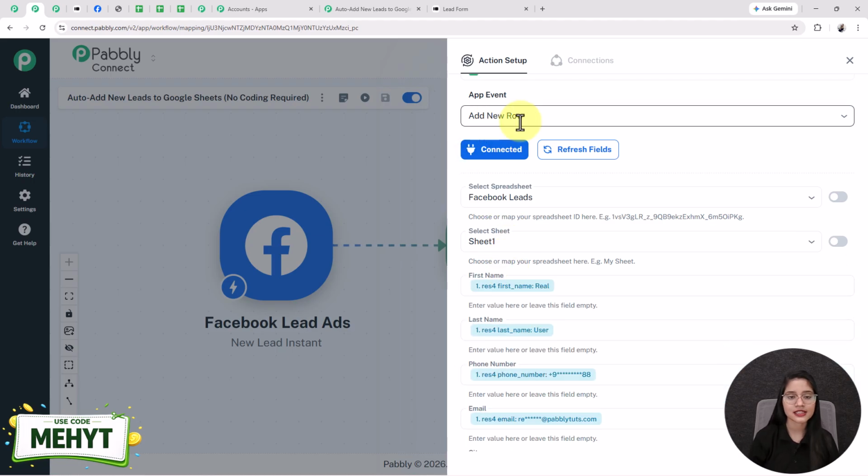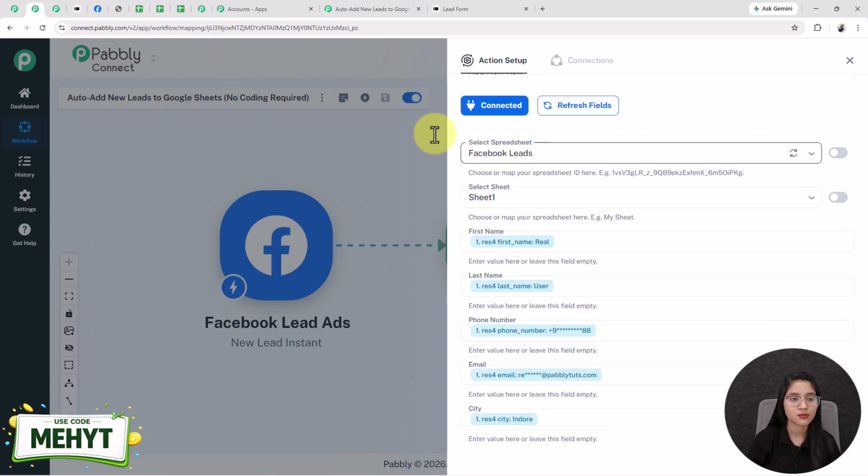After doing a setup of trigger application, the action application I have taken as Google Sheet, the app event I selected as add new row that we have selected previously too. The spreadsheet I have selected as Facebook leads. See, this is